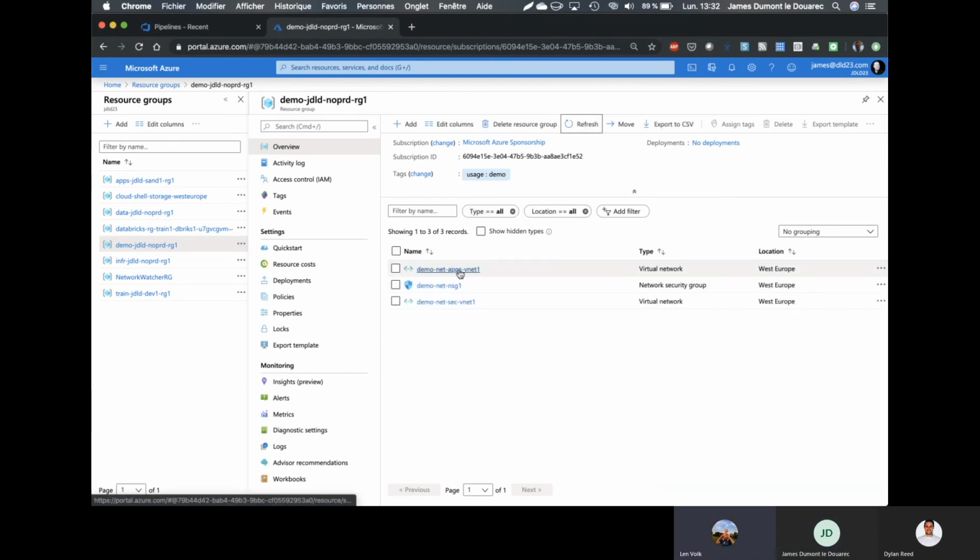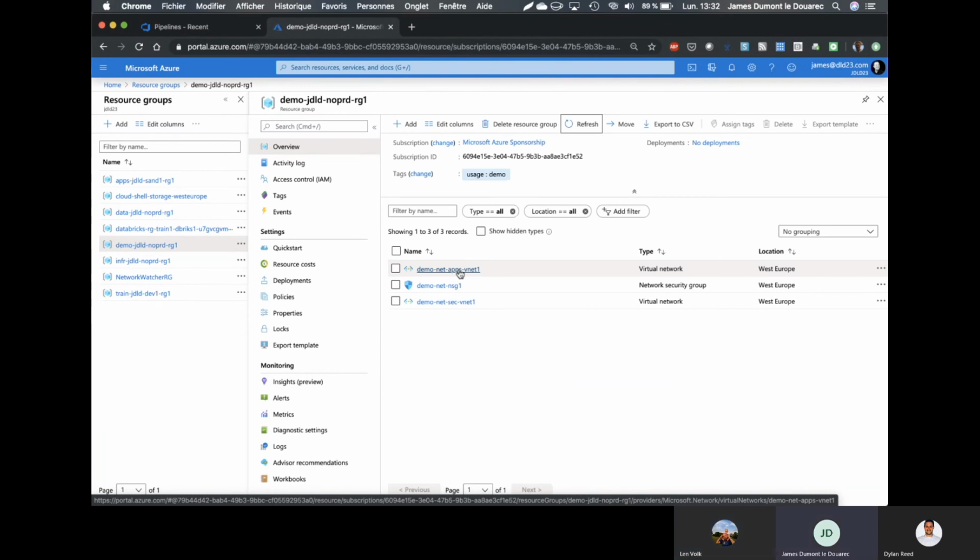Maybe a quick question while we wait for the resources to be deployed. Yes, I've also seen, thank you, that you created the public IP address inside of the module. The public IP address, as I understand, is going for the Bastion host. Any reason why you did it this way?